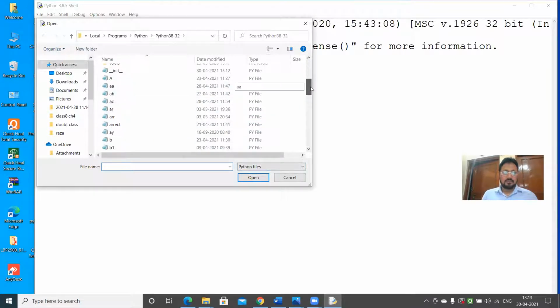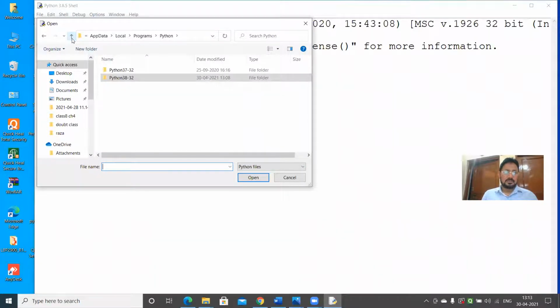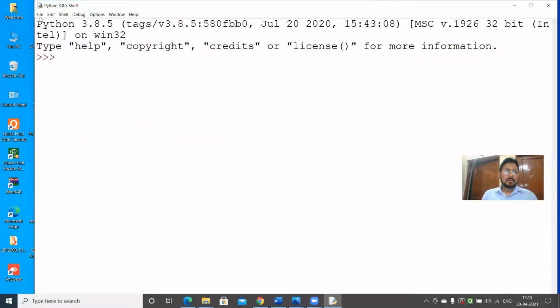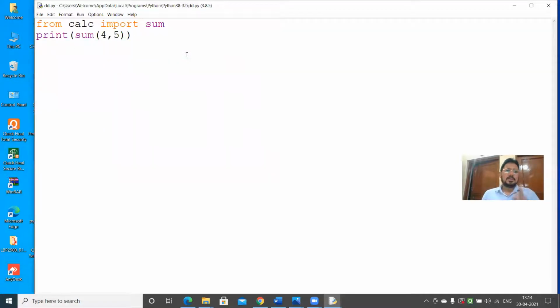I don't remember the name. I will check in the current folder. Let's see if I get the name. File, recent files, DD. I think the name was DD. Yeah, this was the program I have given.